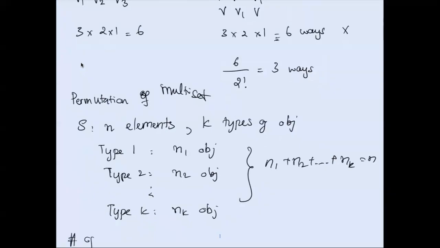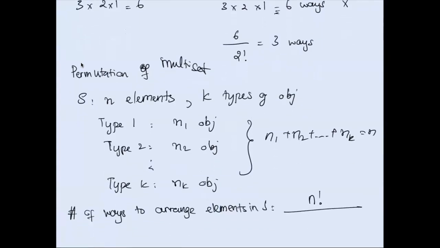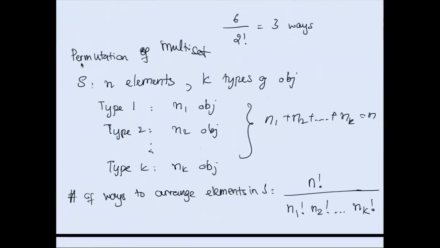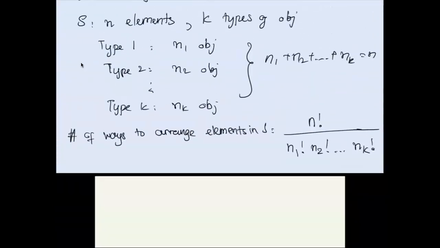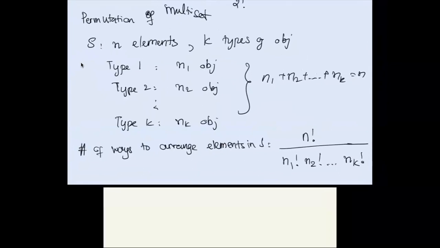Then the number of ways to arrange elements in S is n factorial divided by n1 factorial, n2 factorial, up until nk factorial, like this. So the most popular problem that you might see for this kind of permutation is, let's say you have